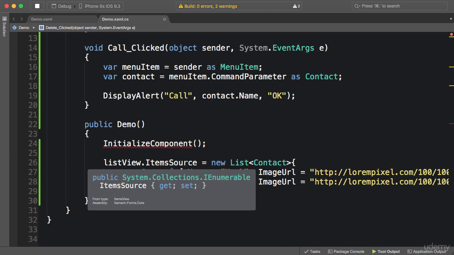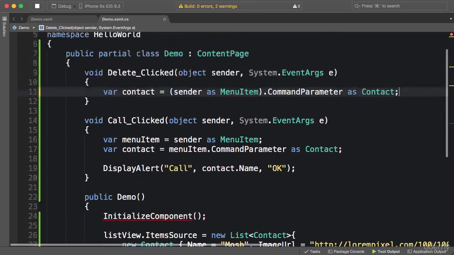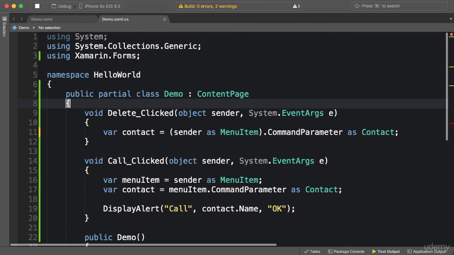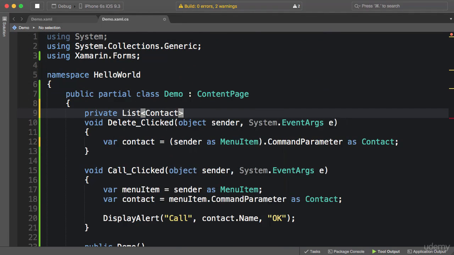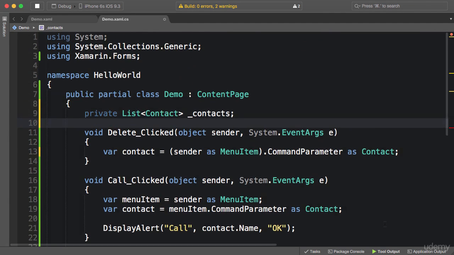Now, IEnumerable is a very lightweight interface. It only allows us to iterate a collection. So it doesn't have methods to add or remove an object from a collection. So how should we remove a contact from our list? Well, I'm going to declare a private field of type List of Contact and call this _contacts. Now back in the constructor,